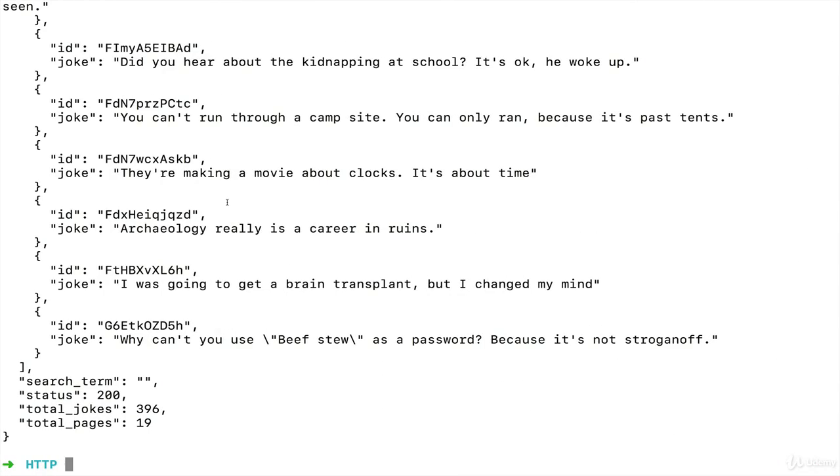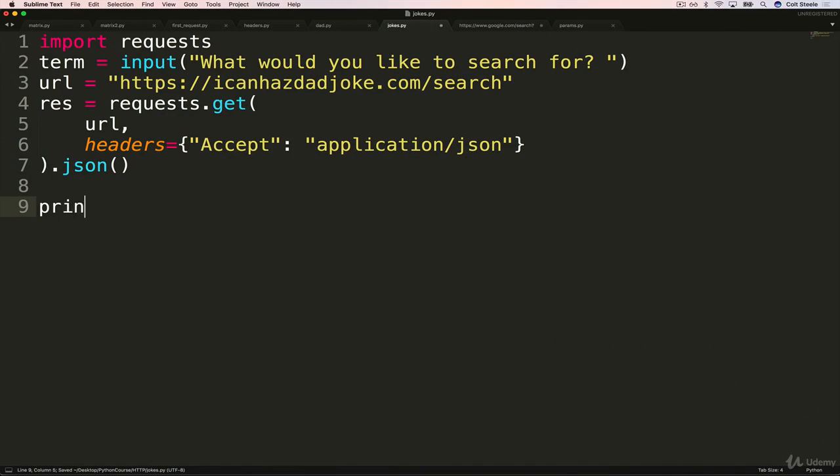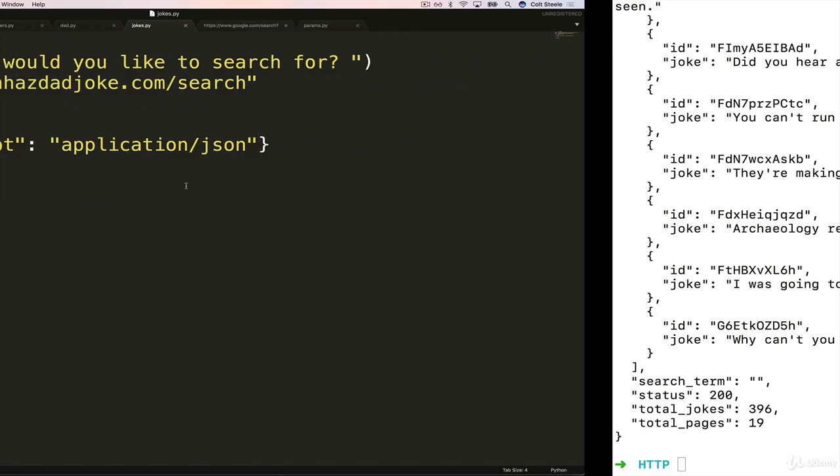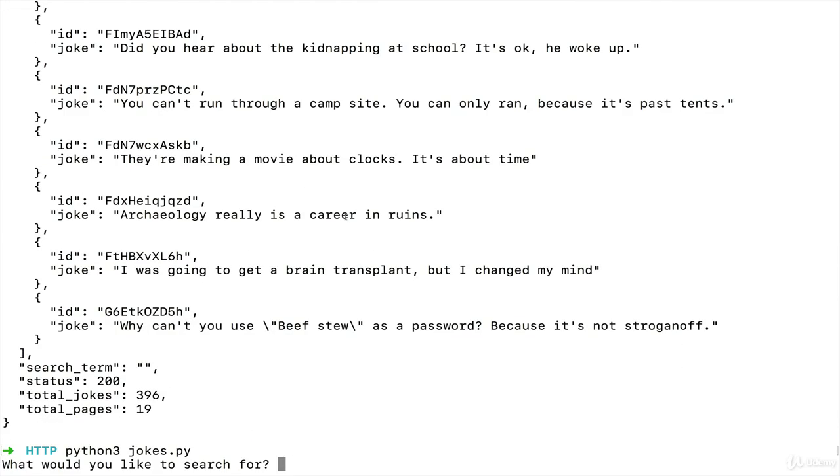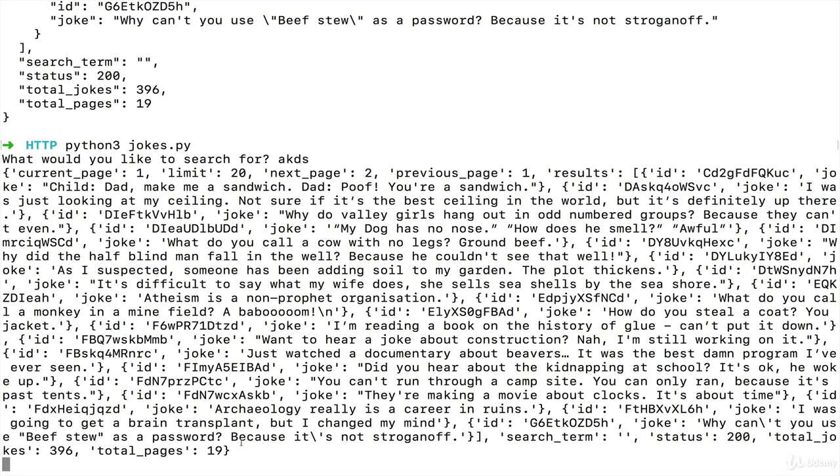So let's try it. Oh, we're not printing anything. Let's print res now, which should now be the JSON version. And this is now a Python dictionary. And so we have things like current page, limit, next page, previous page, results, what else? Search term, status. There's a bunch of things we have.